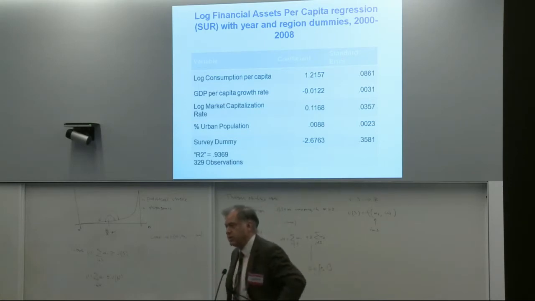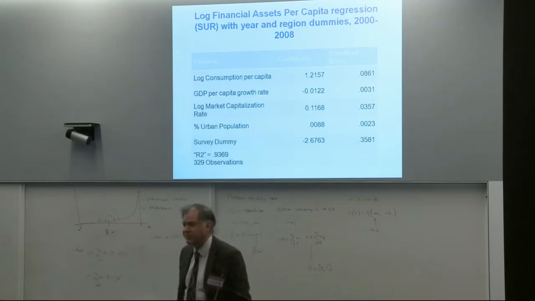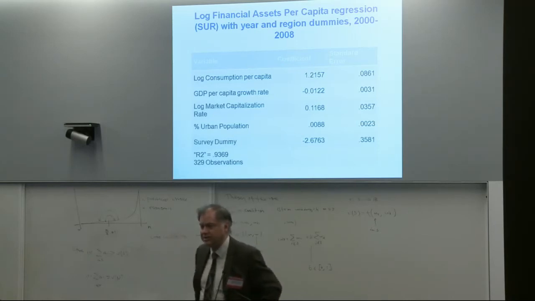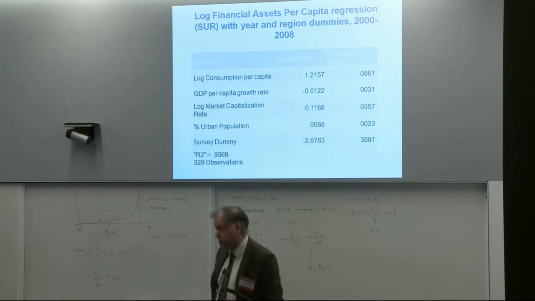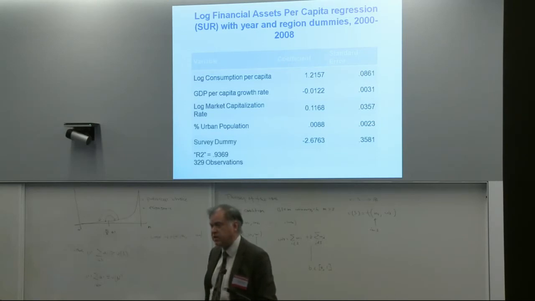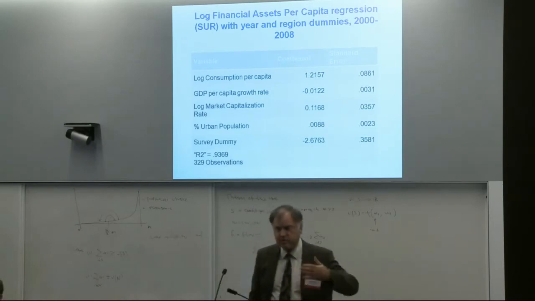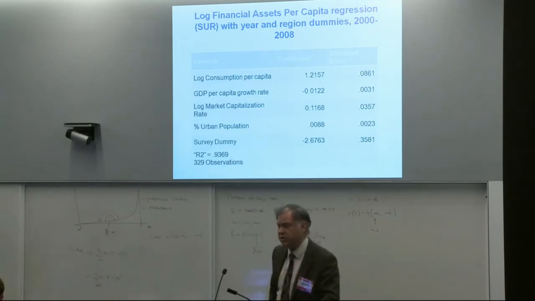Of course, there are like 200 countries in the world. We have data for 31 in the case of financial assets. Covers about 53% of the world population is located in countries that have this data. And those countries have about 83% of the world's wealth, according to our estimates. So that's one of the reasons why we're not scared off by the fact that we have to do imputations